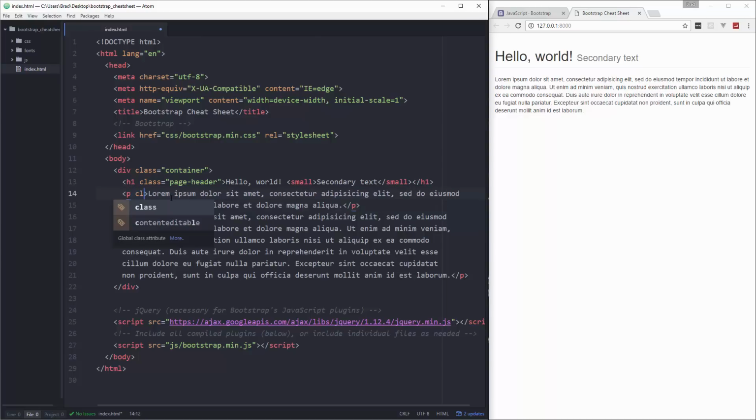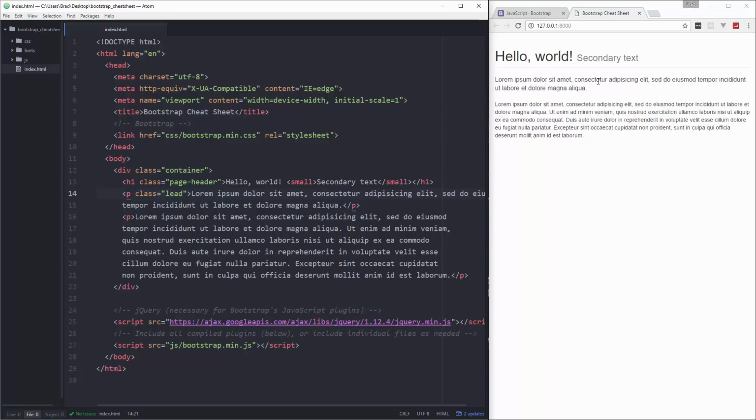Then we're going to give this top paragraph a class of lead. Save that, and you'll see that now it's a little bigger. So if you want to have a paragraph that kind of sticks out, you can use the lead class. Now we also have